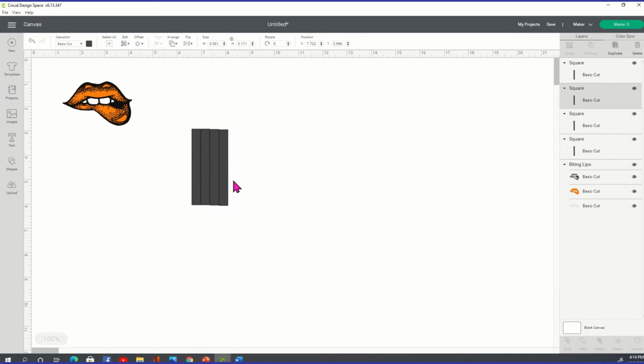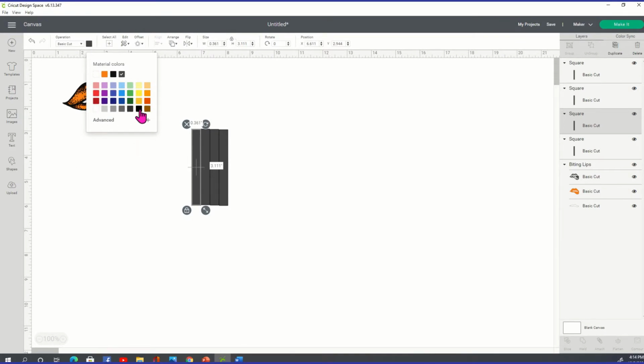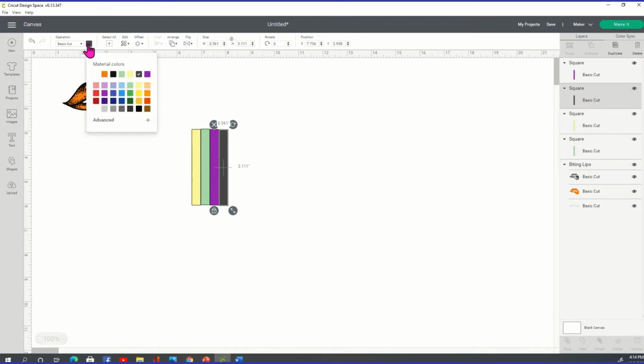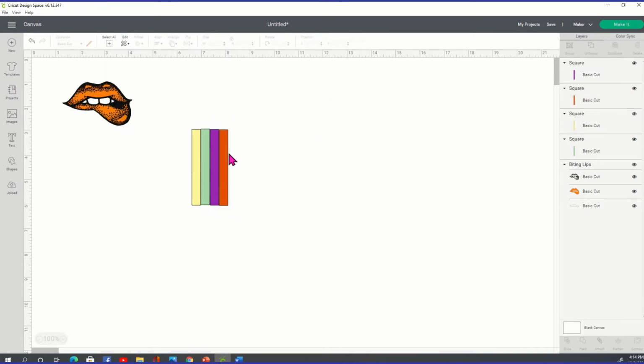Okay. So what we're going to do now is go up and we're going to pick 4 colors that we want to make our lips. Okay. So I'm going to go with like this yellow color. I'm going to go with this green color. I'm going to go with a little bit of purple. And I'm going to go with red. Okay. So now I have 4 shapes of color,